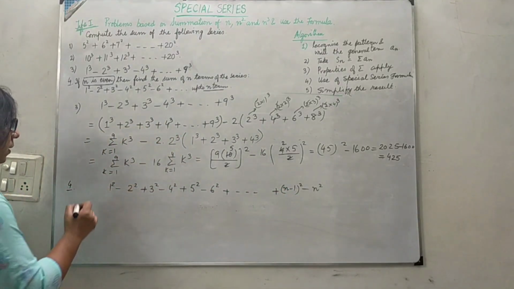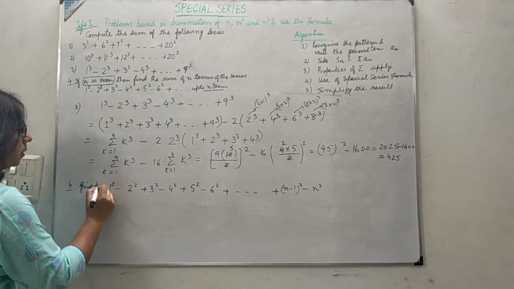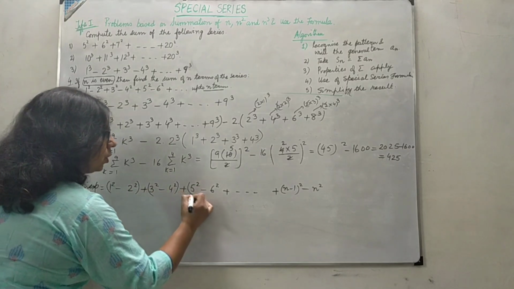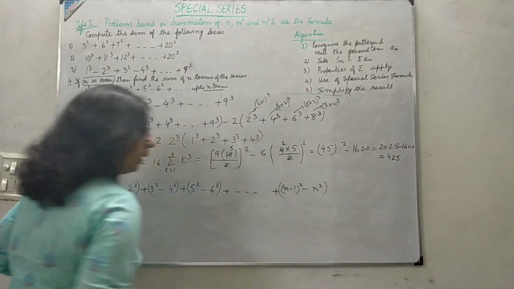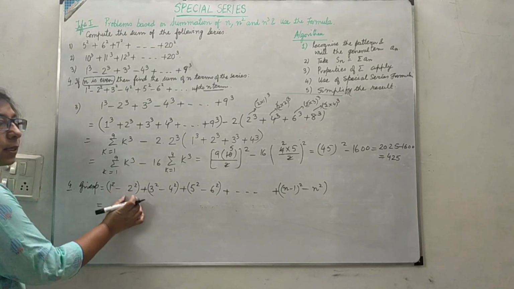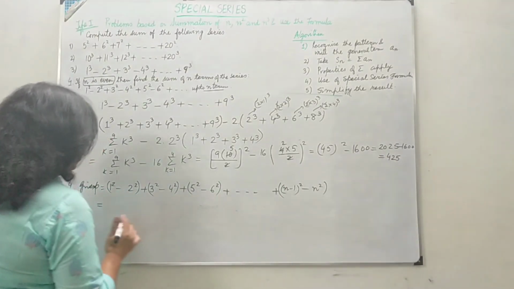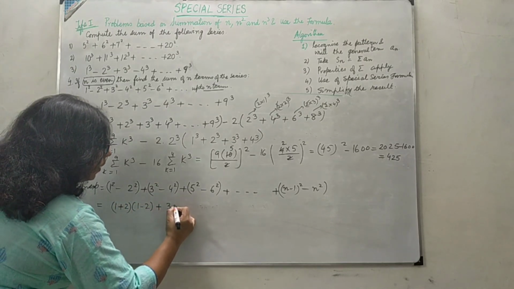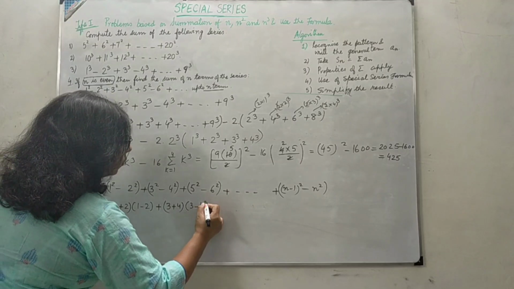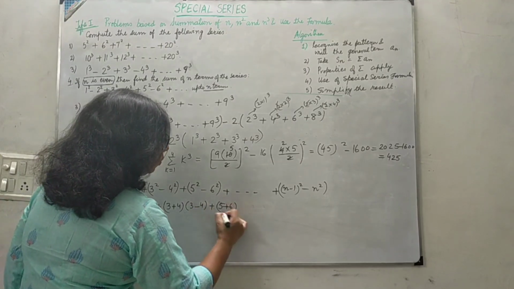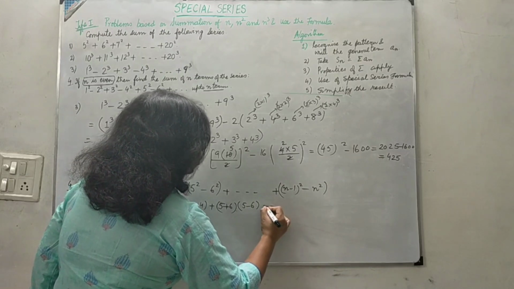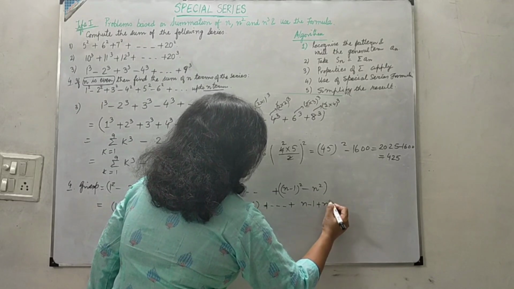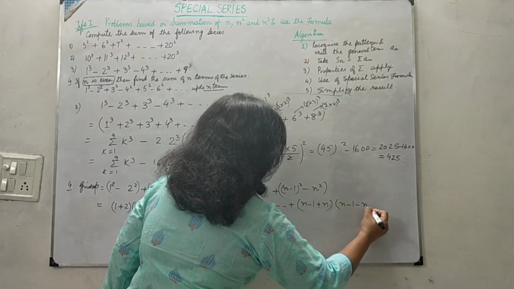So actually we are having the given expression as this much, and now if I pair the expression with 2 terms each, if I write like this, so what can I see? This is a square minus b square again here. So I can write 1 plus 2 into 1 minus 2. Then again 3 plus 4 into 3 minus 4. Then next also 5 plus 6 into 5 minus 6, and so on up till n minus 1 plus n and n minus 1 minus n.